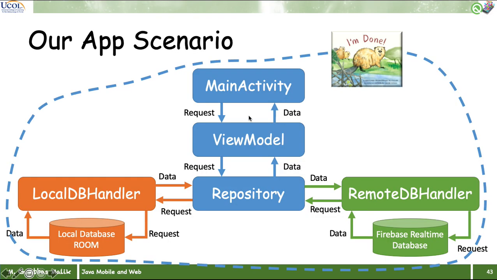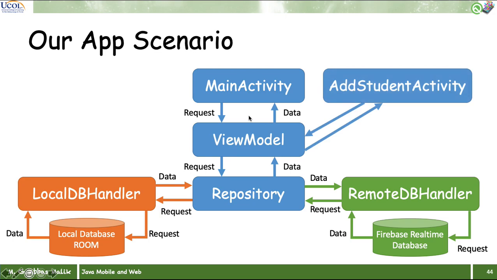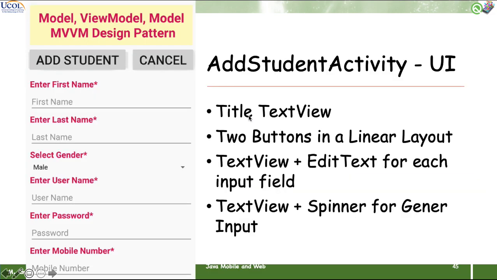Now what we want to add, because this is a reading part, we have not added a new student, so we need to add that particular part as well. What we need to do is add a new activity, add student activity. We will start with the empty activity and name it add student activity. This is our user interface. Again, we are adding the title text view. We also have these 2 buttons which we are putting in the linear layout, and then we also have these